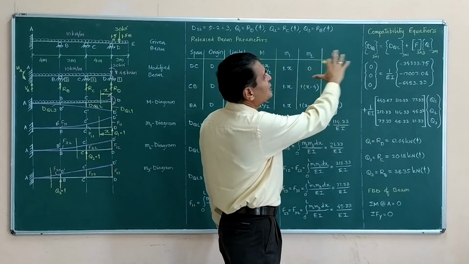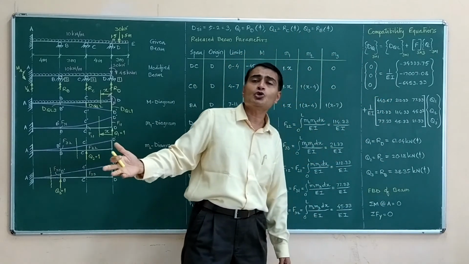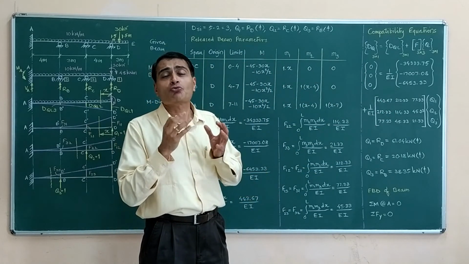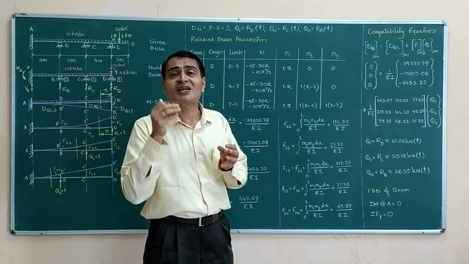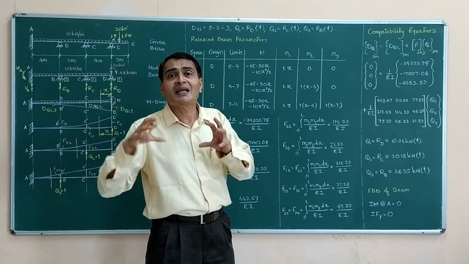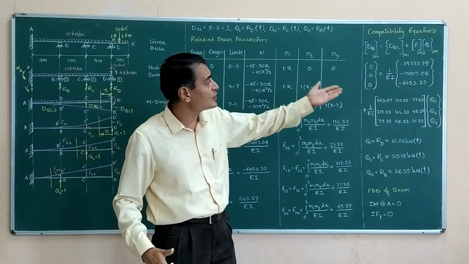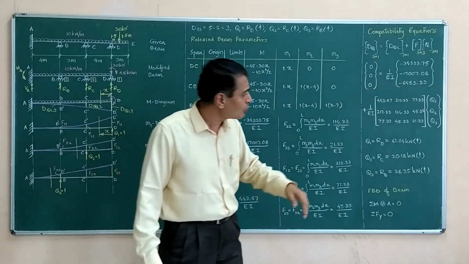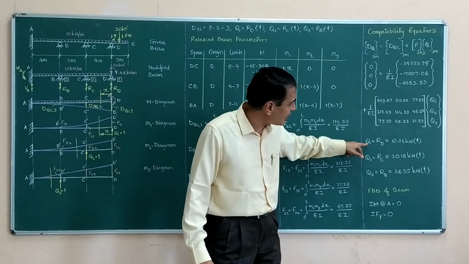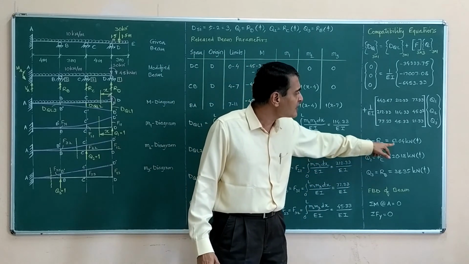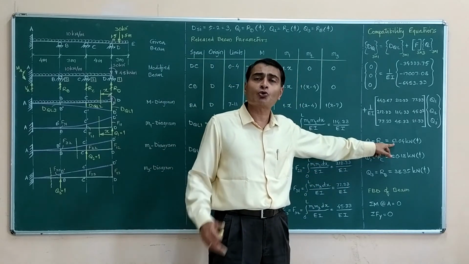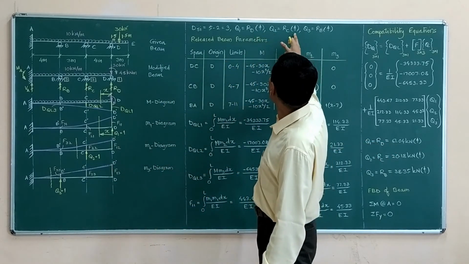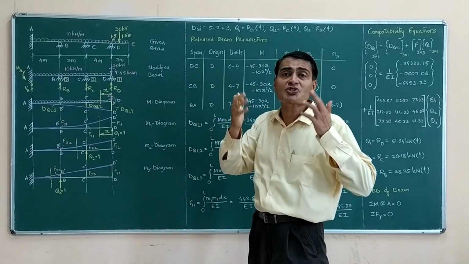Great. These are three algebraic equations in three unknowns. Your scientific calculator will directly solve it. Go for mode 5 and in that select the second option. You will directly get the matrices where you have to substitute these quantities and you will get the answer. On actually solving, the answers that I am getting are Q1 is equal to RD is equal to 61.04 kilonewtons. Positive answer means this presumption of our forces being upwards was correct.